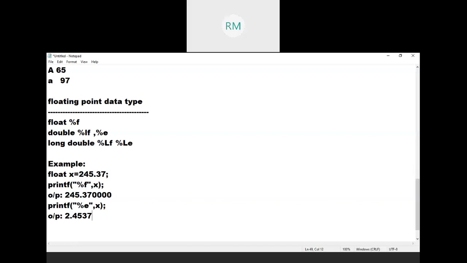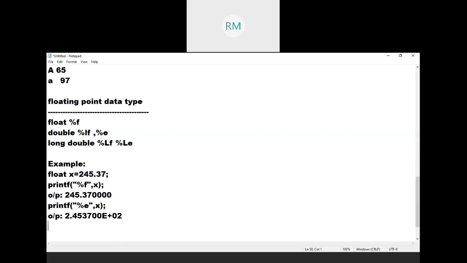E is called exponent. You can represent with capital or small letter, no problem. E represents 10 power, plus 02, into 10 power 2. Now it is equal to 245.37. So here after decimal point 6 places: 1, 2, 3, 4, 5, 6, E plus 2. That's it. It is called normalized form.